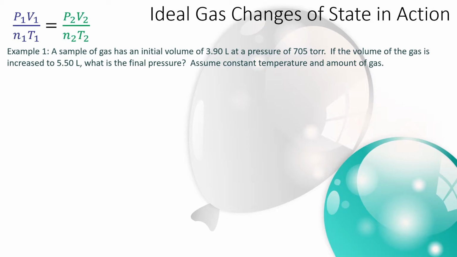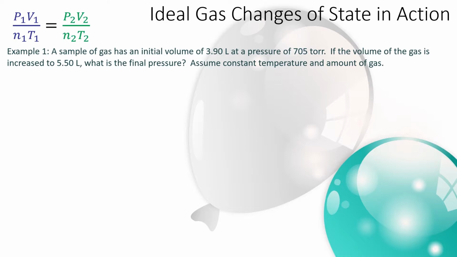In this example, we assume that the amount of gas and the temperature are held constant. Let's try to predict the results. At constant temperature and amount, the volume should be inversely related to the pressure. As the volume increases from 3.9 to 5.5 liters, the pressure should decrease, so we expect a lower value than